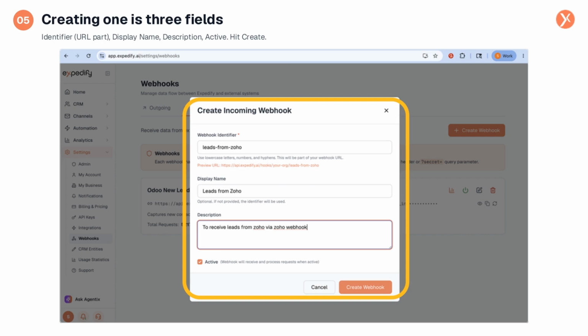Creating a new incoming webhook is a straightforward process, requiring just a few key pieces of information. You'll define an identifier, which forms a unique part of the webhook's URL, using lowercase letters and hyphens. A display name provides a user-friendly label that appears in the Workflow Builder dropdown. Additionally, a description helps clarify the webhook's purpose for future reference. After ensuring the active checkbox is selected, simply click Create to generate the webhook and its unique URL, ready for